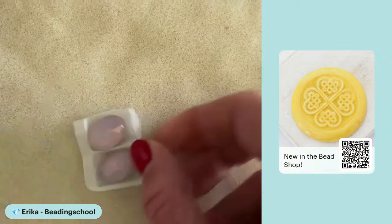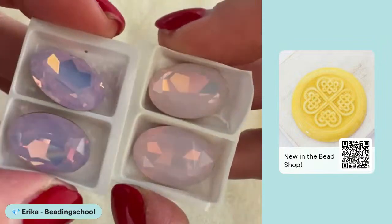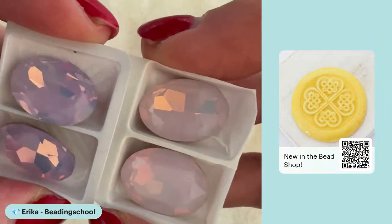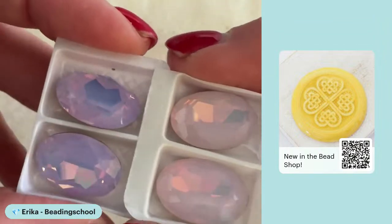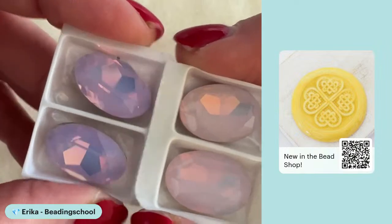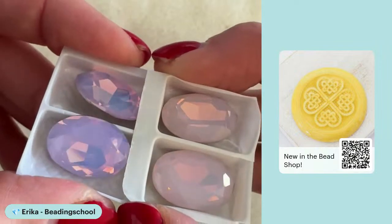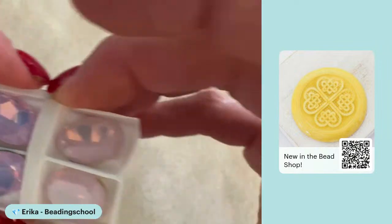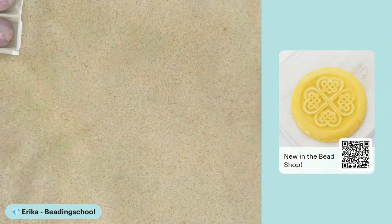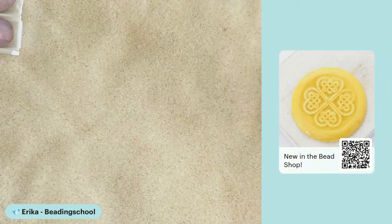I have here the rose opal. I wanted to show them to you next to each other to see the difference. So in my right hand, I have the rose opal, and in my left hand, I have the violet opal. The rose opal is sweet. The violet opal is more elegant, I would say. Terry also finds the Tree of Life stunning. She says, so detailed. Then I have a classic white opal,